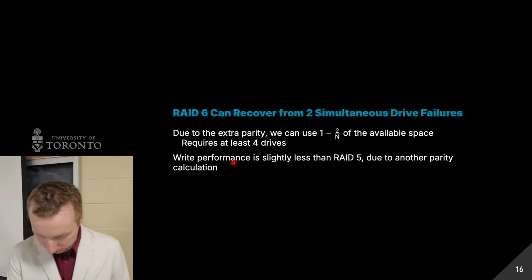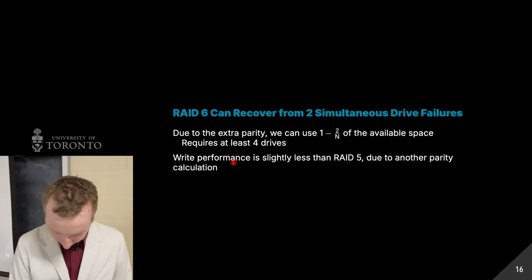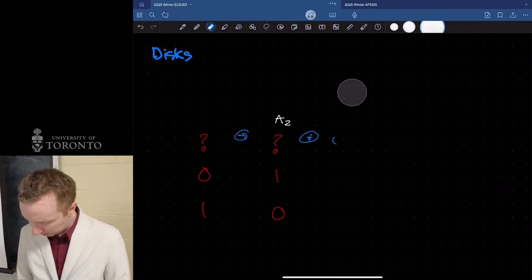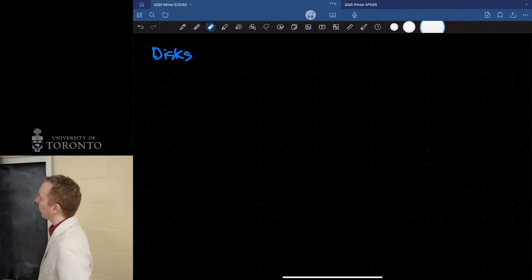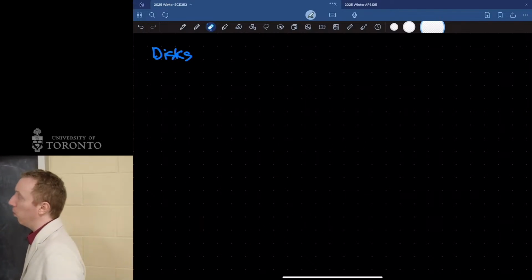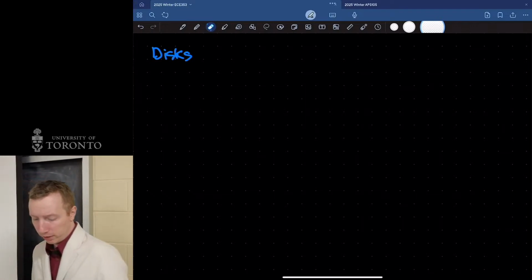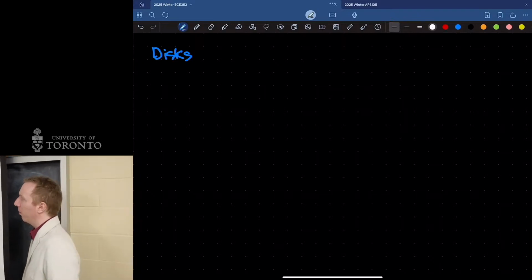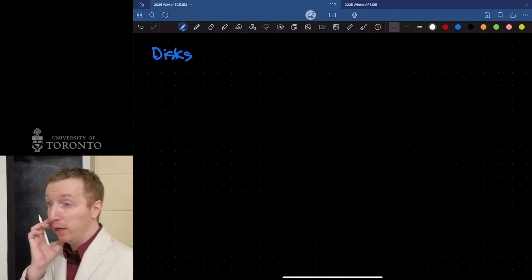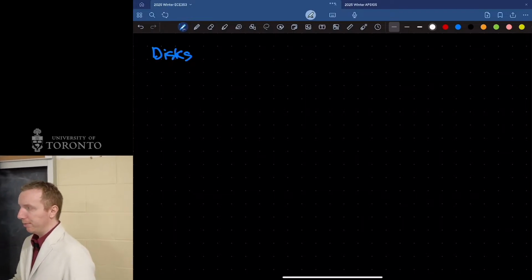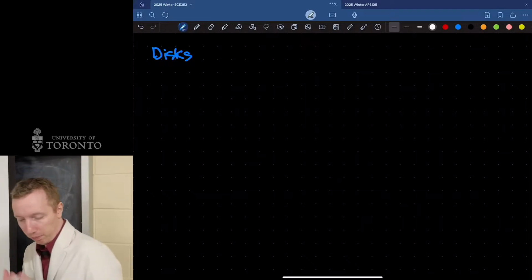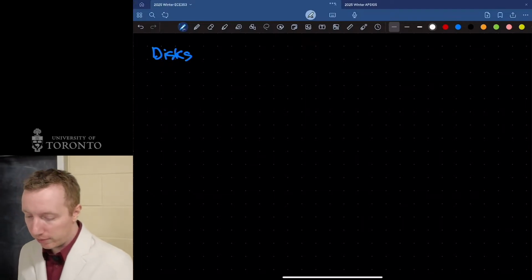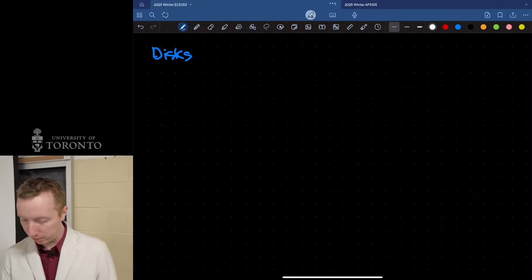So there's some other fun RAID arrays. I will save you the hassle. If you read the textbook, for some reason, they redefined what RAID 1 is. They say whenever we say RAID 1, we mean RAID 10, or RAID 1 plus 0. Those are something called nested RAID levels. So RAID 0, 1, 5, and 6 are not the only options. I can combine RAID levels if I want.